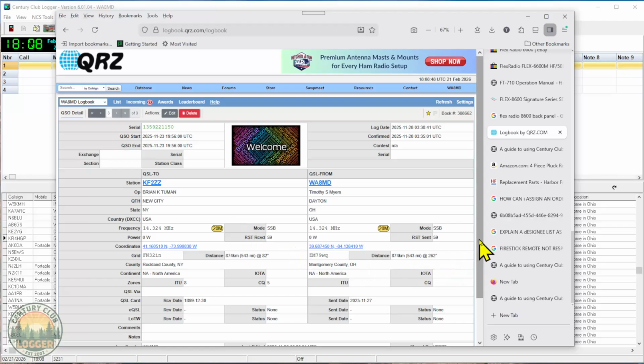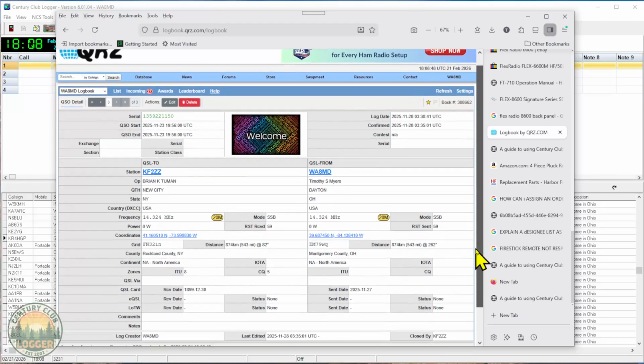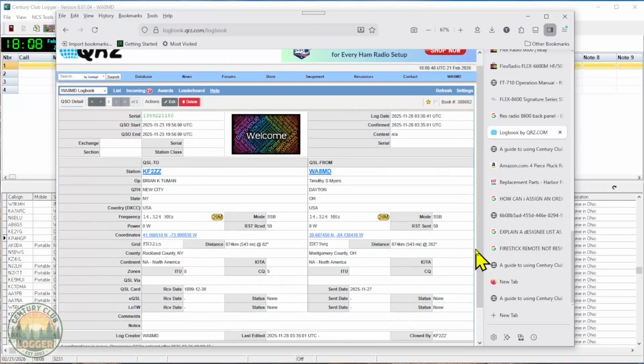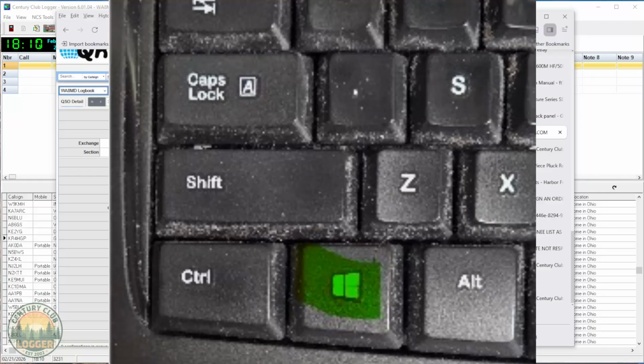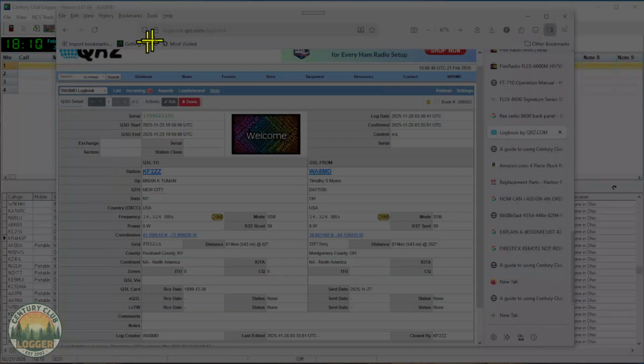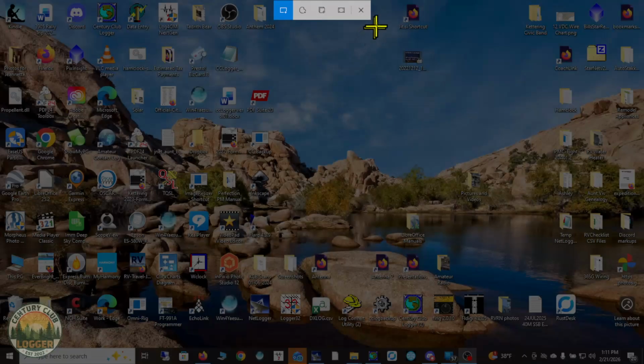Now what I have to do is bring this down so that we can get all of that contact on the screen, basically with the upper left hand corner being your logbook name and the lower right hand corner being the call sign of the other individual. So in order to do a snippet, you would press the Windows key, the Shift key, and the S key. And what that's going to do, somewhere on your screen, you're going to see this